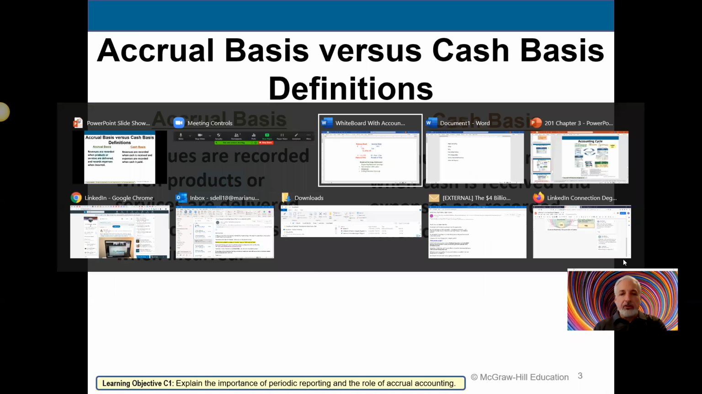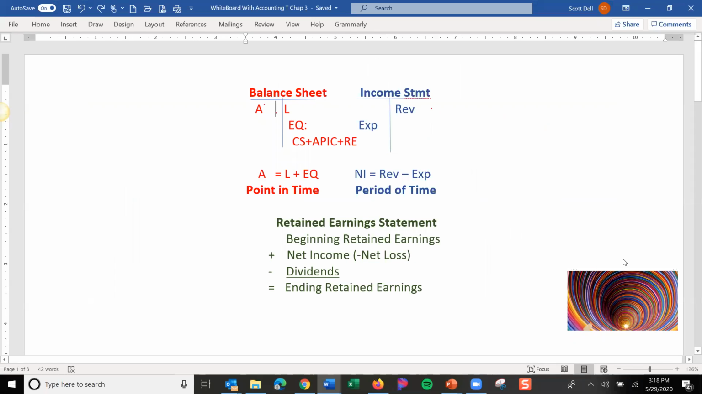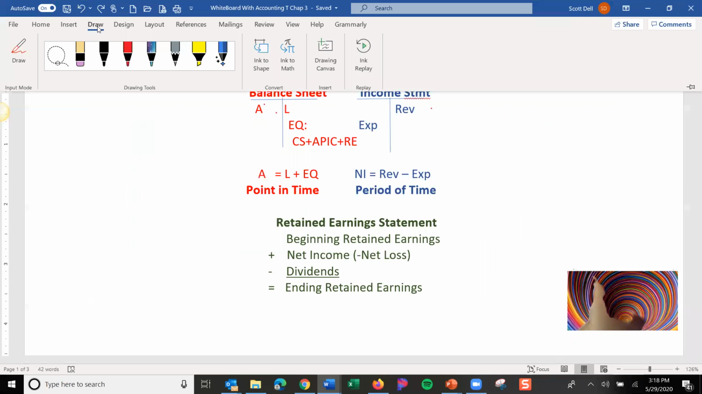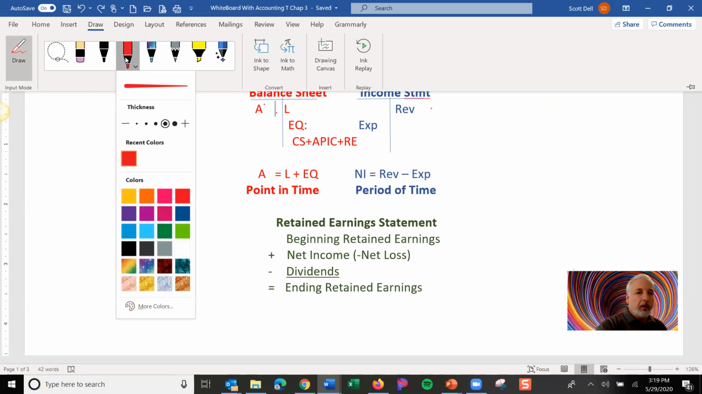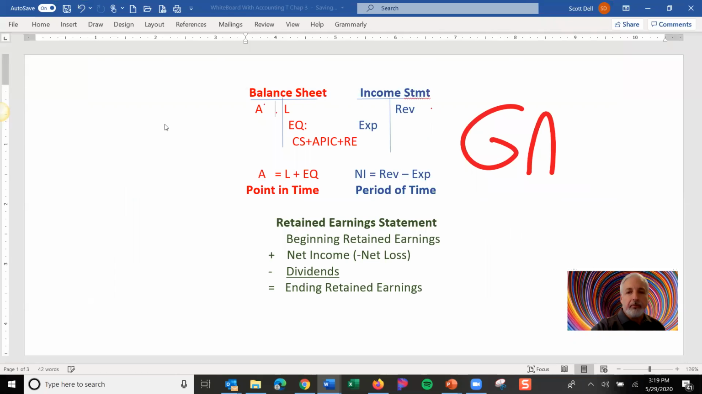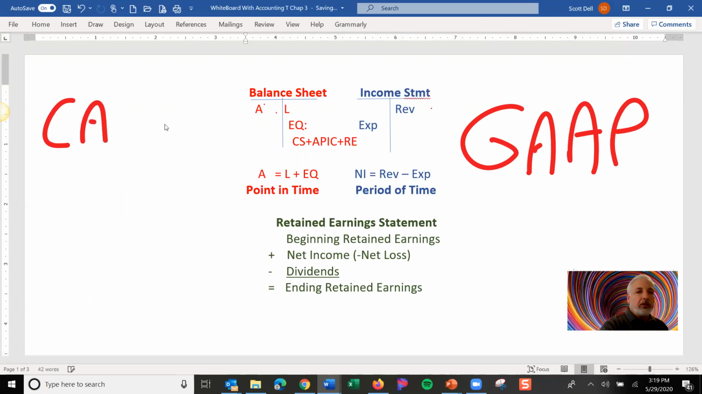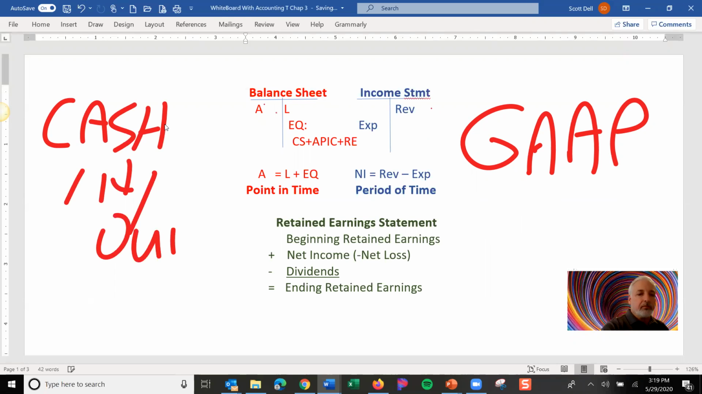GAAP requires us to take a look, and let me go ahead and mark up the screen on this one. So we're going to go in with GAAP, generally accepted accounting principles. Cash in and out is cash basis. With accrual,